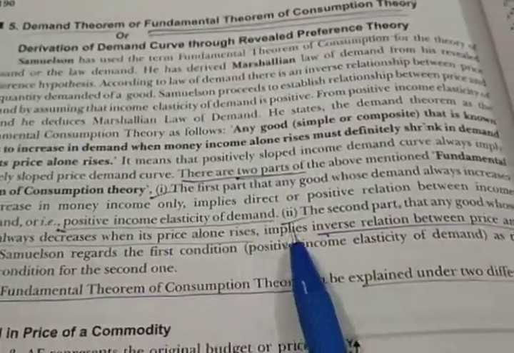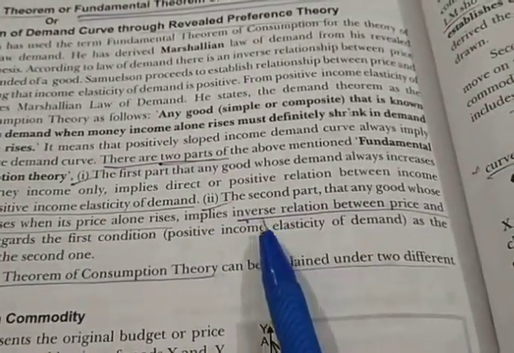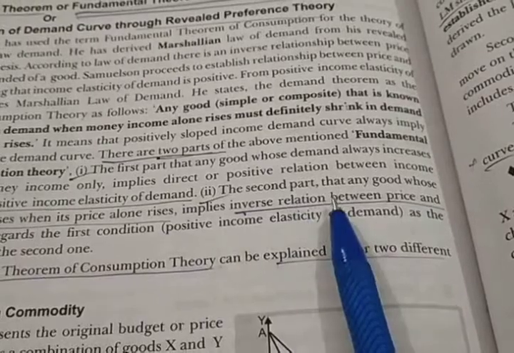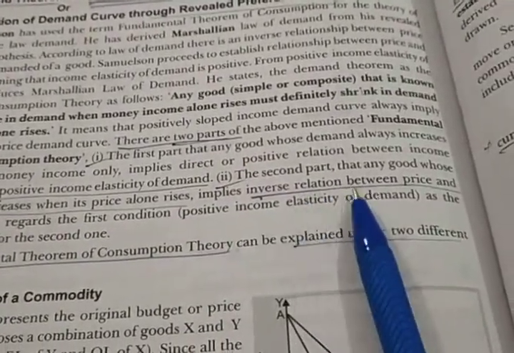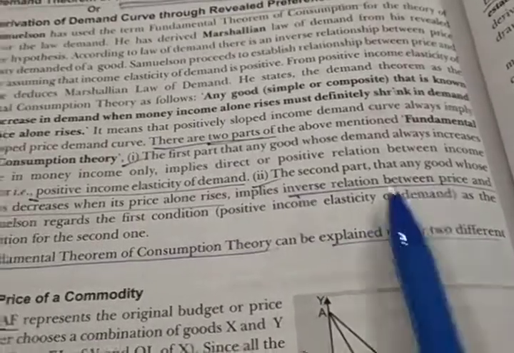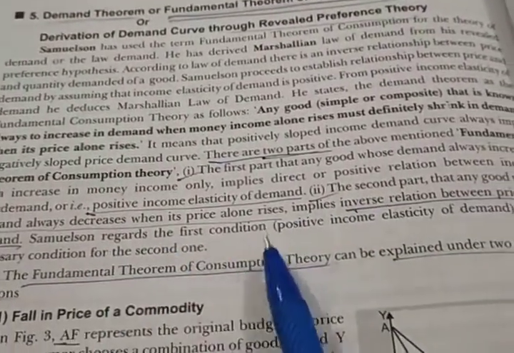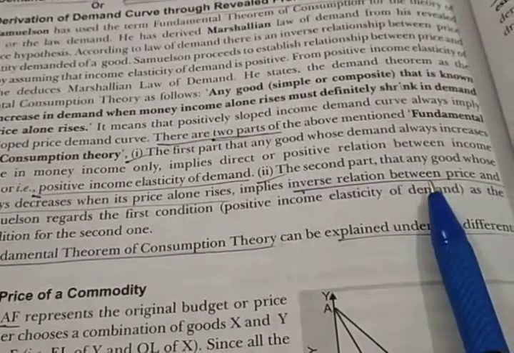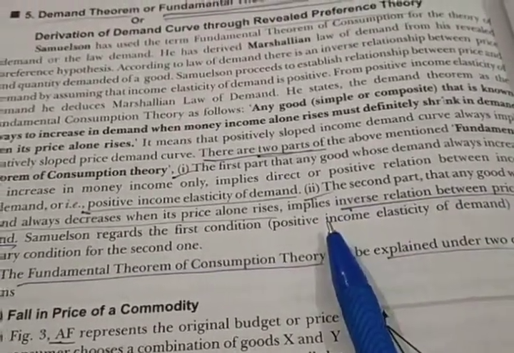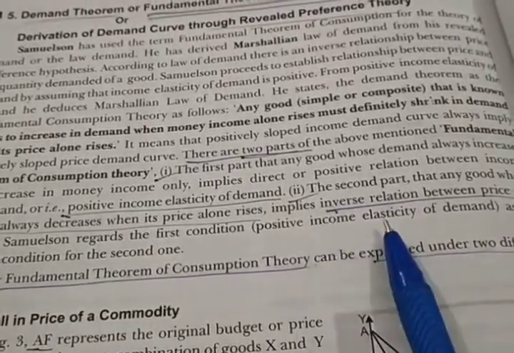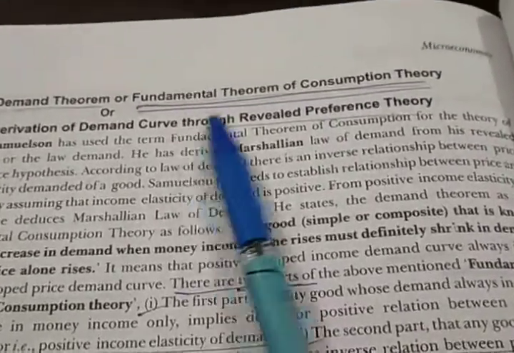And now the second part of the theorem is that there is an inverse relation between price and demand, which implies that when the price of a good rises, then the demand of the consumer falls, and vice versa. That is, there is a negative relation between price and demand. This is the second part of the fundamental theorem of